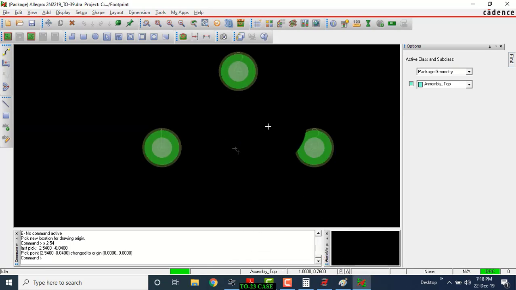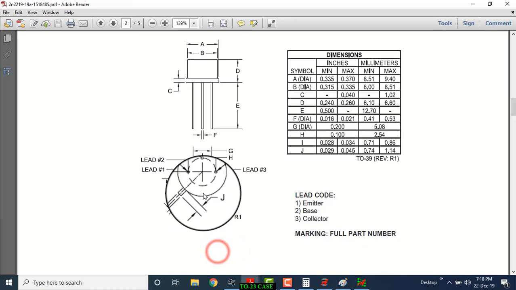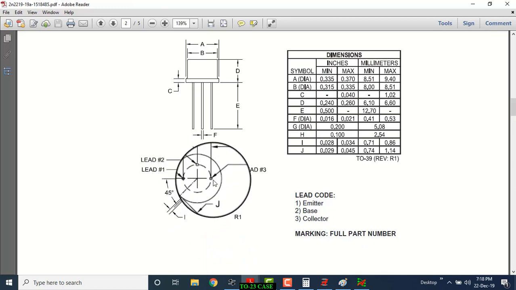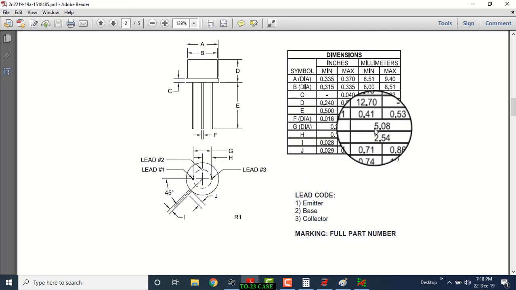Okay, now we will place the assembly drawing. For the assembly drawing, what is the diameter? They have given diameter G equals 5.08 mm.